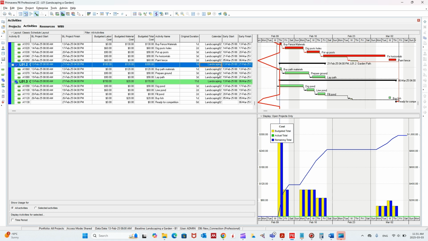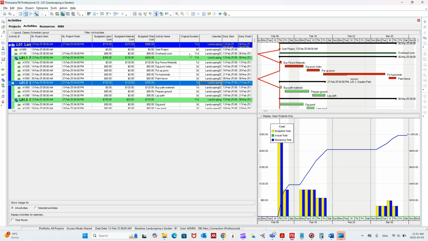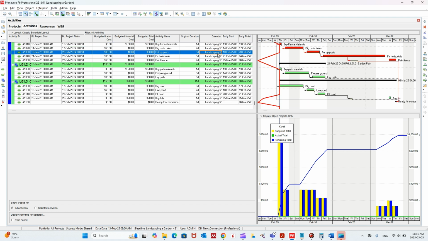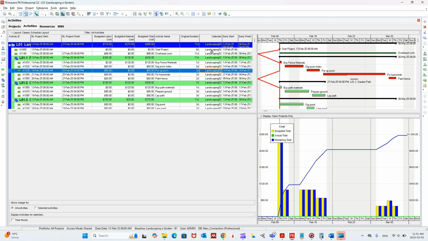And the thing is, we don't assign calendars to WBSs. That's not true. The thing is, this WBS summarizes what's happening here in the activities and shows it to you. So this is internal calculations in P6. So now we want to make sure that the WBS is updated. So what we're going to do is click on File and Refresh Data. Here we go. Now we refreshed the calendar. So it shows the landscaping 02 as the new calendar